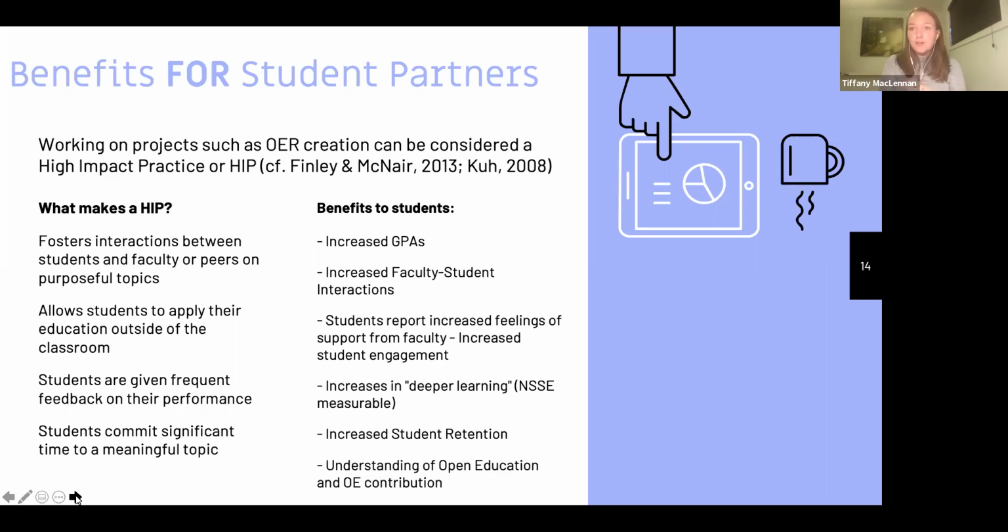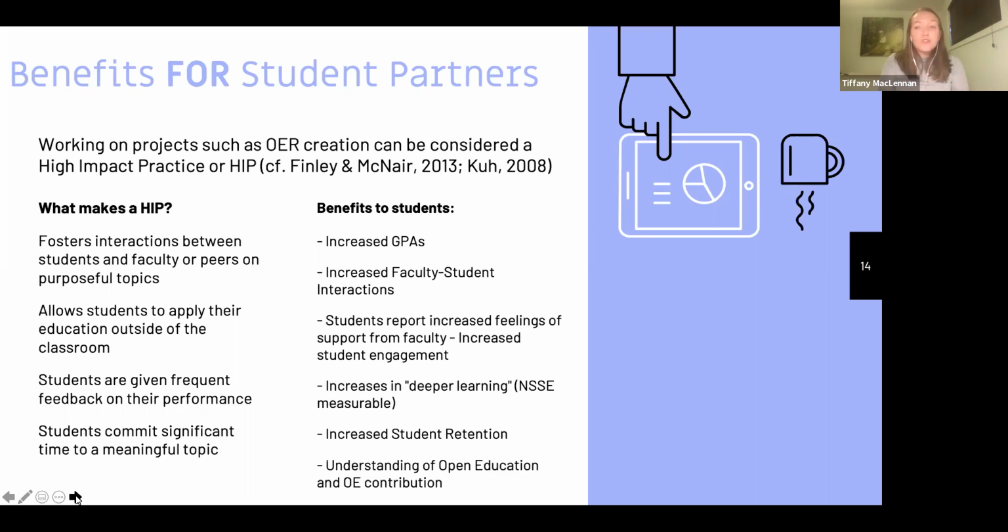So when you're creating an OER, fluent discussion is a must, fluent conversation is a must. And students are spending a lot of time learning the material that you're putting into your book, trying to find new material, adopting, adapting, creating, whatever it may be. So this falls well into the category.